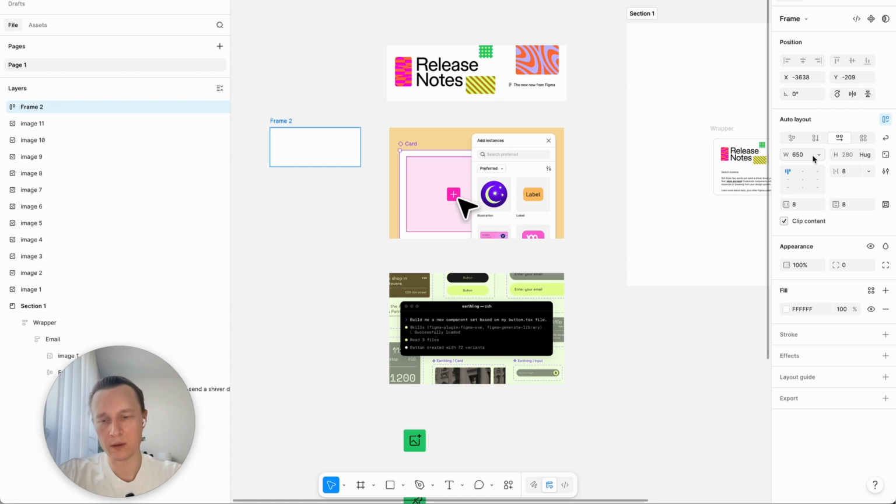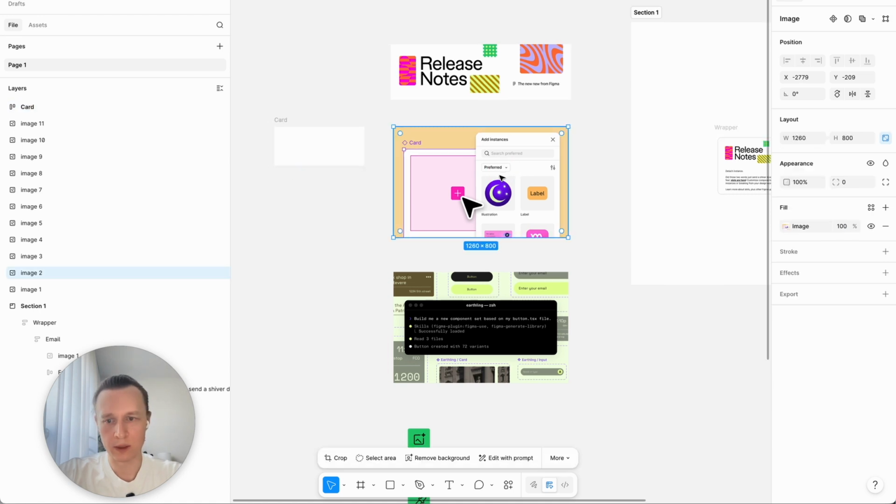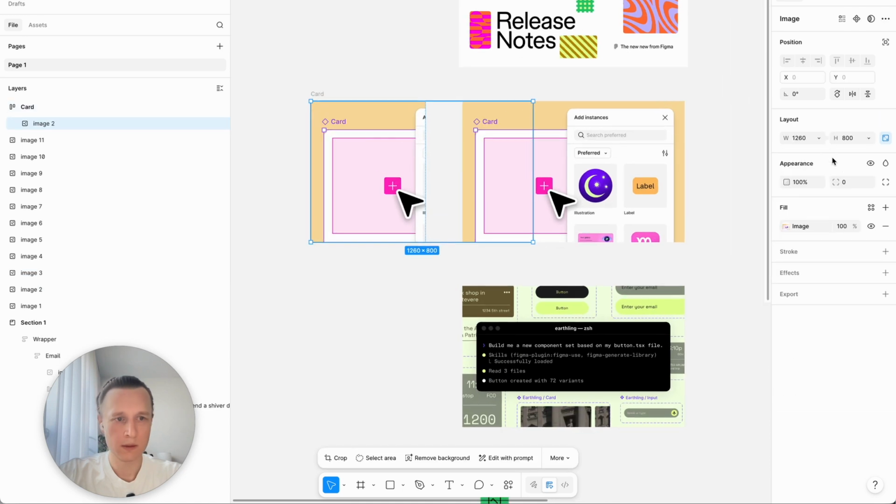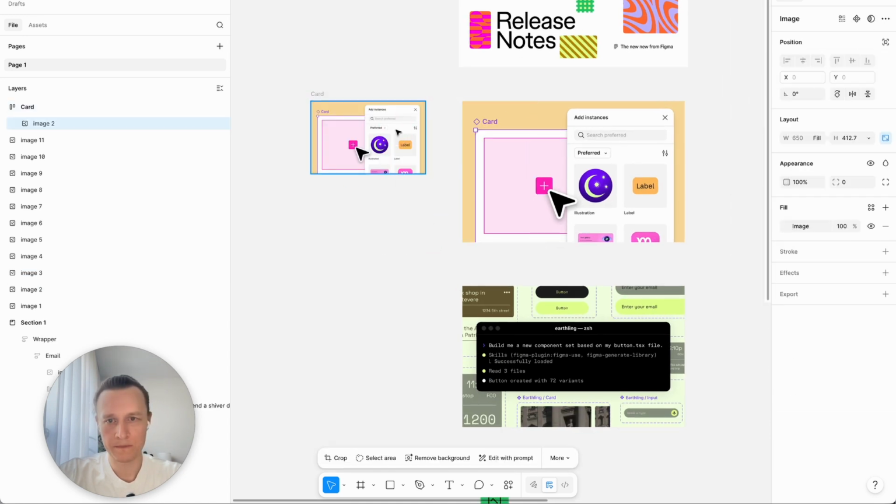We only need this for the component, it's called card. Then remove all the spacing. We will add it later. Then let's put an image inside the card, set fill container,